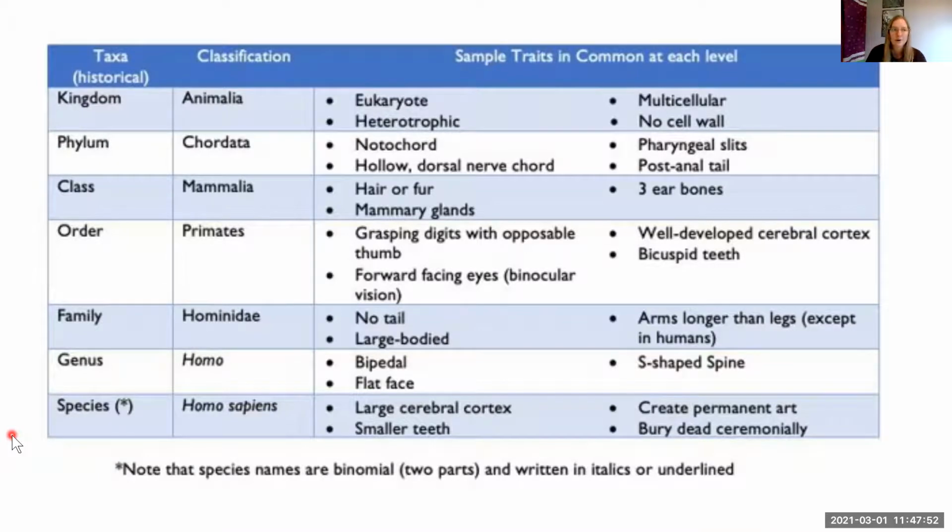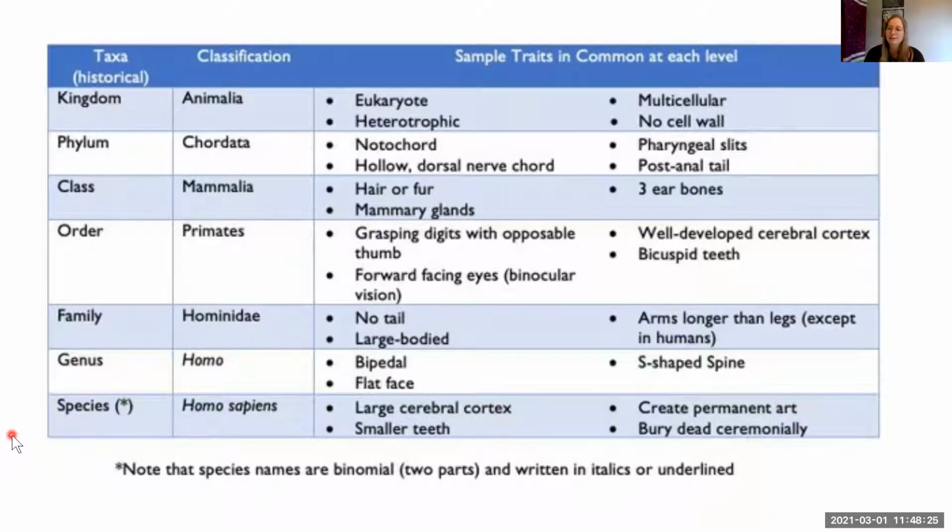Others in our group are not bipedal, but can be temporarily bipedal, but then it's more of like a waddle. Like you've probably seen a dog walk on its hind legs. It's possible, but it's not its base state. So for us, that's a unique trait to our genus, is that we're bipedal as our base state. We also have flat faces, and we have S-shaped spines. So if you look in the side view, it kind of looks like the shape S, which is to help us distribute our weight because we are bipedal.